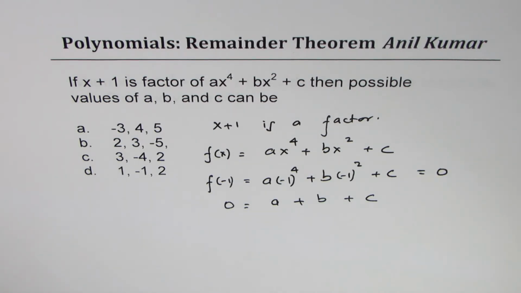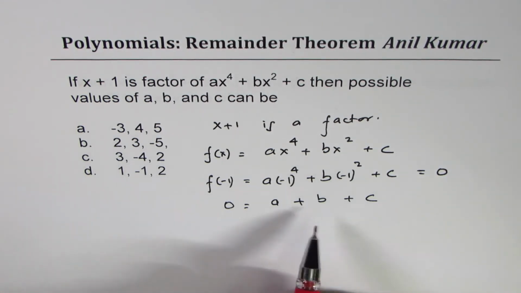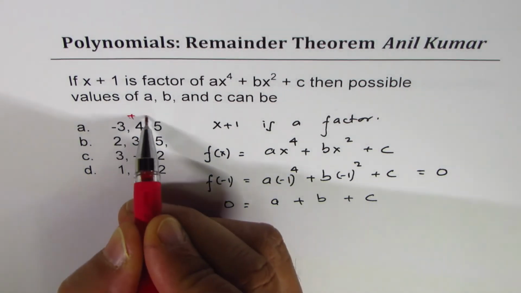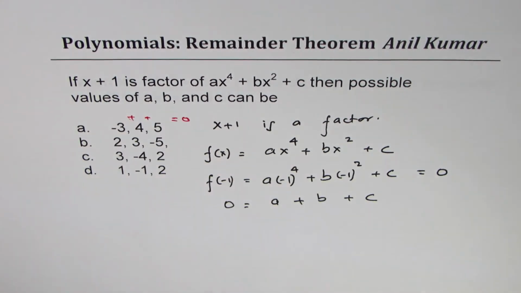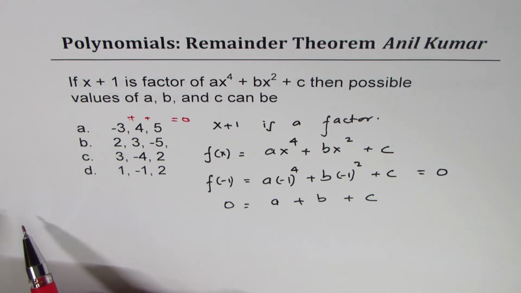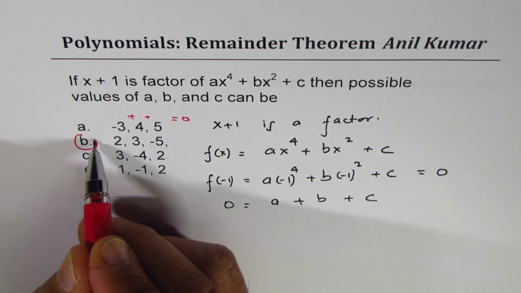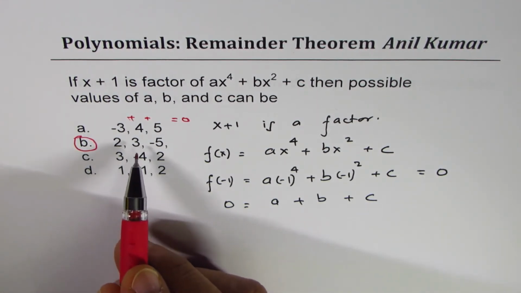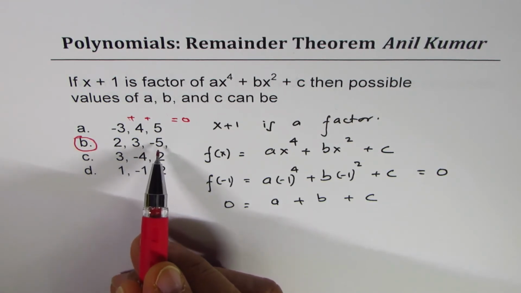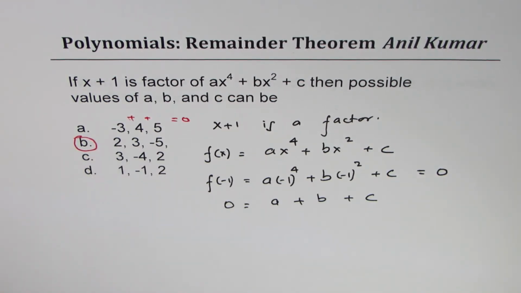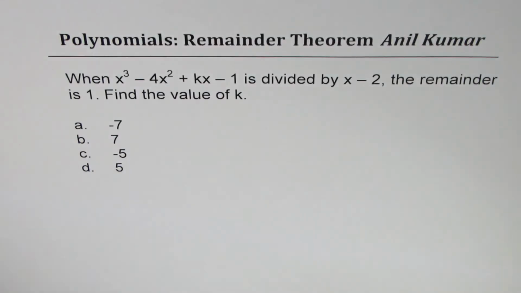So let's add. If I add minus 3, 4 and 5, what do I get? Basically, the exercise is to add these terms and get them equal to 0. That combination should work, correct? So the only combination which works is B. 2 plus 3 is 5, 5 minus 5 is 0. So that is your answer. I hope you find it very interesting. Right? So next one here is